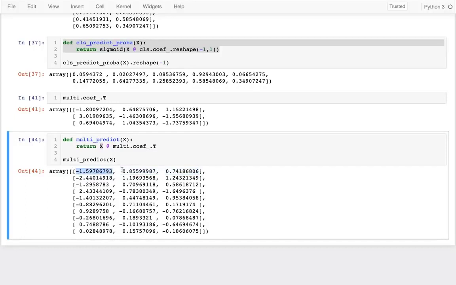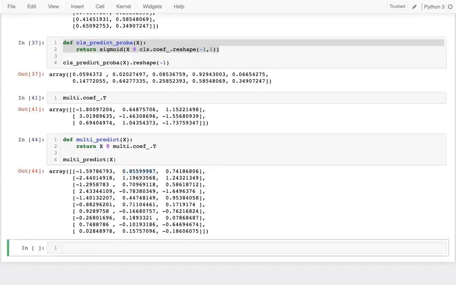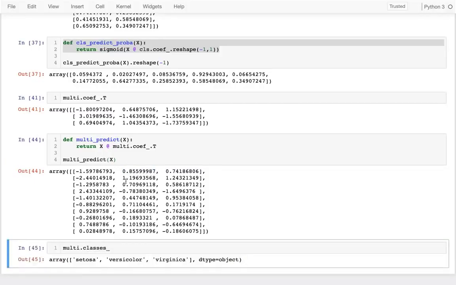And so for that one particular iris, I have a score. How much is it like a Setosa? How much is it like a versicolor? How much is it like a virginica? And so what I can do is I can try to take these and I can see which score is the highest. And in this case, it's this middle one. So whatever type of iris corresponds to that middle column is what I'd want to predict. And so I can check that. If I go back to this, I think it's classes. I could see, okay, well, this is the Setosa, and so that first one would be